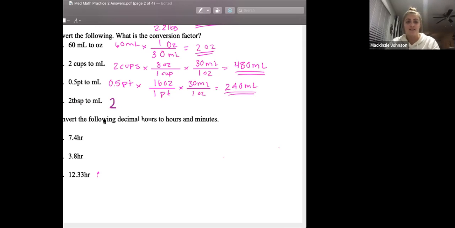So we'll start with 2 tablespoons, right? And then we're going to times by 15 milliliters over 1 tablespoon, right? And then we'll just times,